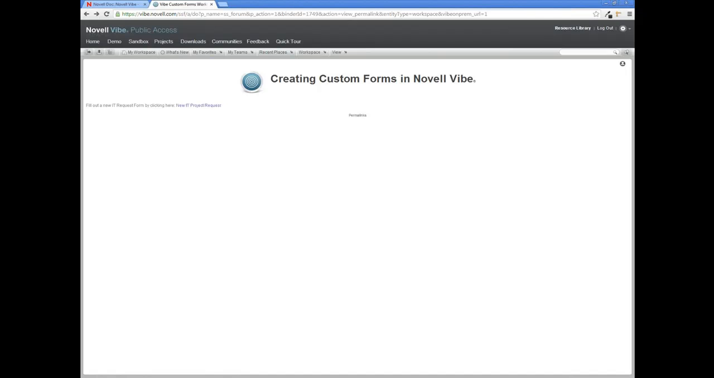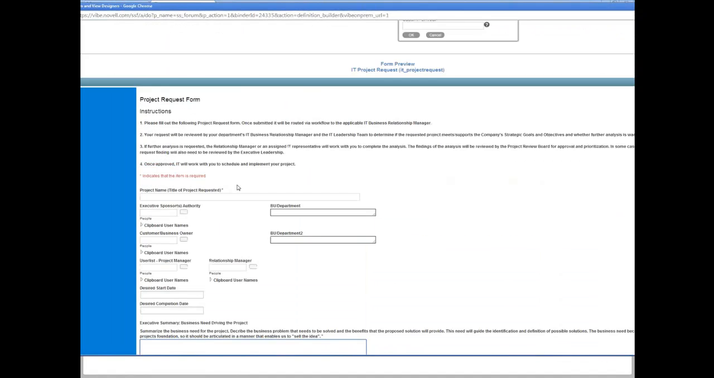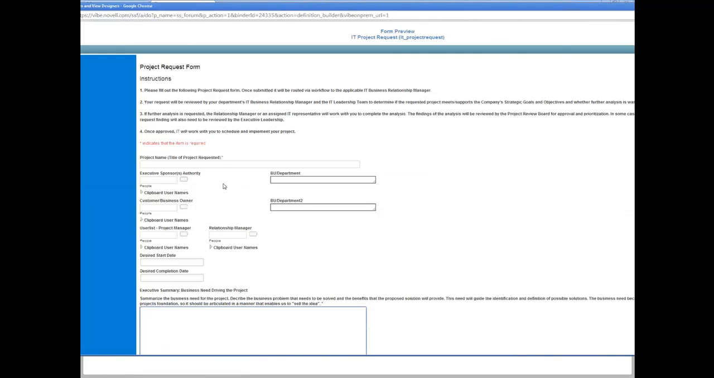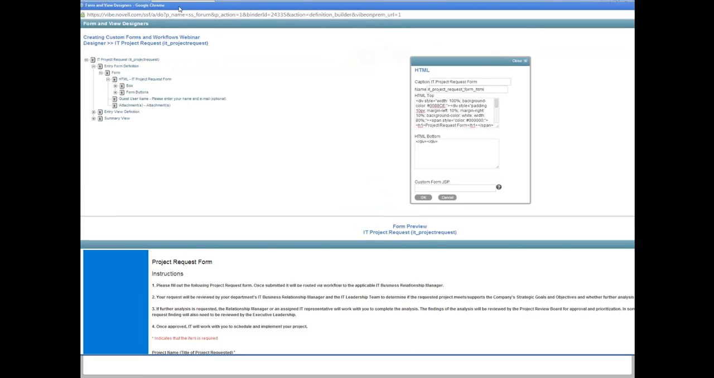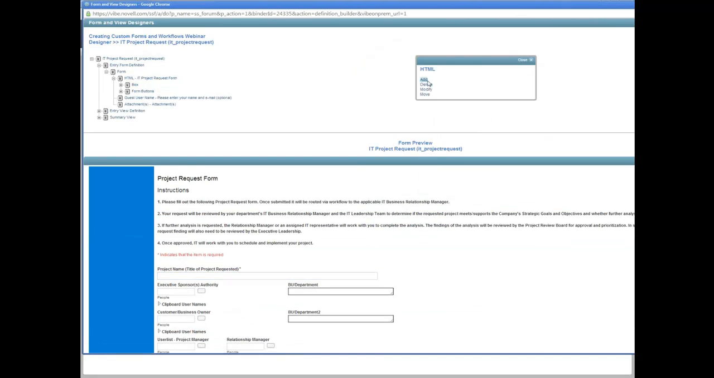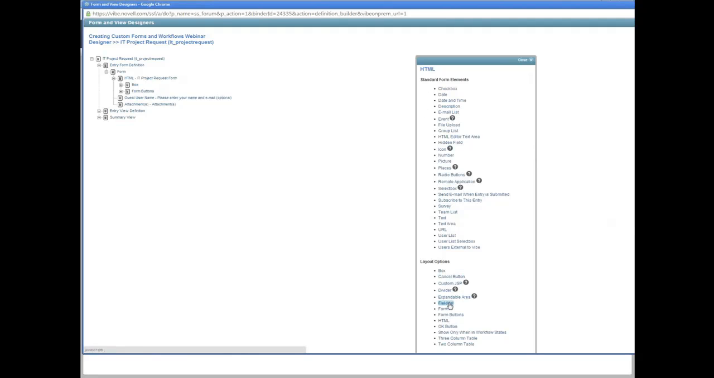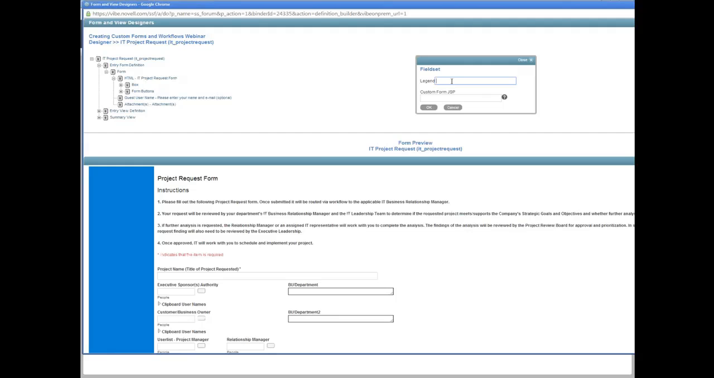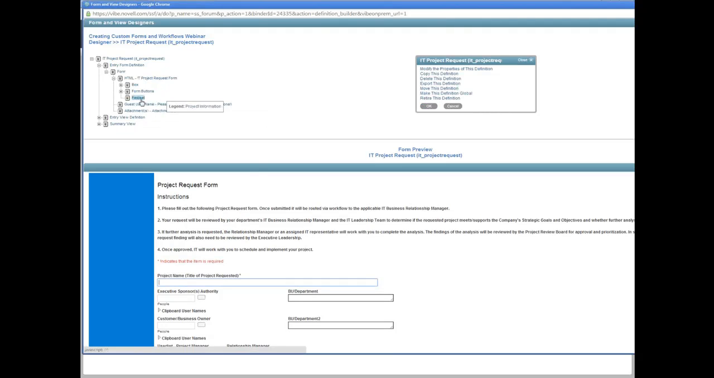One thing that I failed to cover was field sets. One thing that I like about field sets is it sets some of the information apart from others. And so, for instance, this executive business executive summary is another section than maybe some of the project information. So I can create a field set here, HTML, click that, add, and then come down here under layout options, select field set, and I'm going to call it project information. I'm going to move this